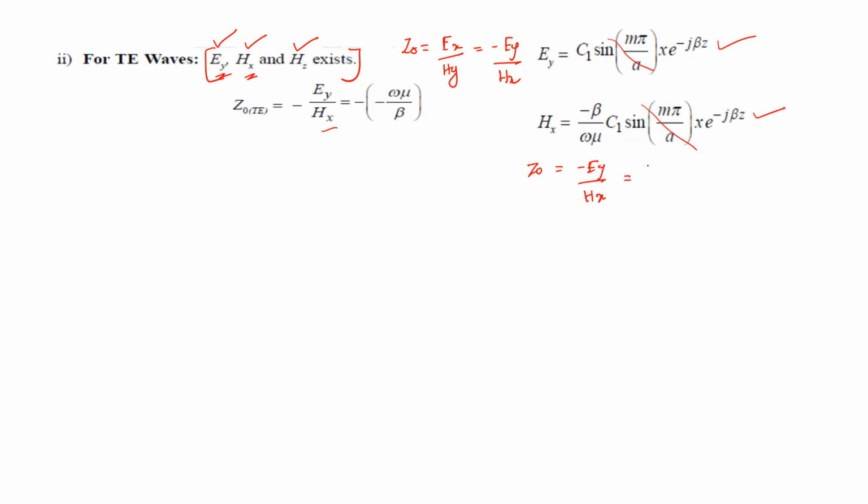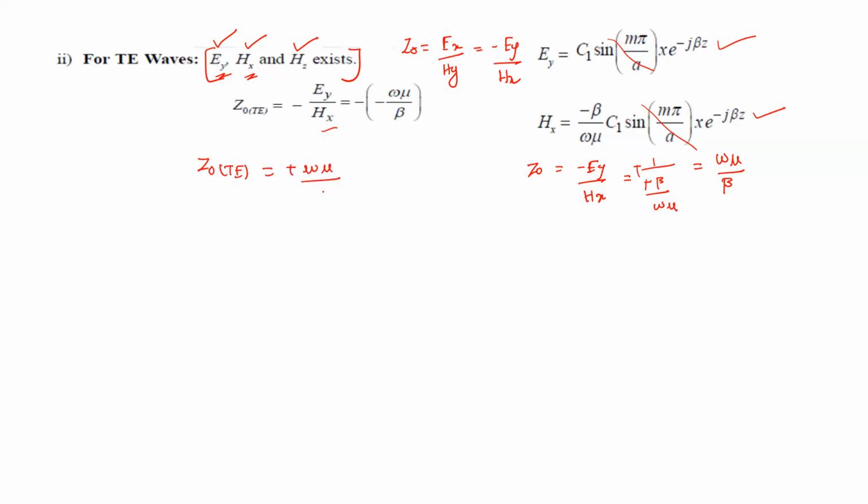After the common terms are cancelled, we will be left with minus 1 by minus beta by omega epsilon. This can be written as omega mu by beta. The negative and negative will cancel with each other. That is what is written here. So now Z0 of TE waves can be written as